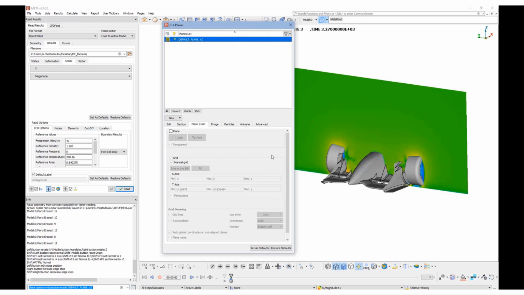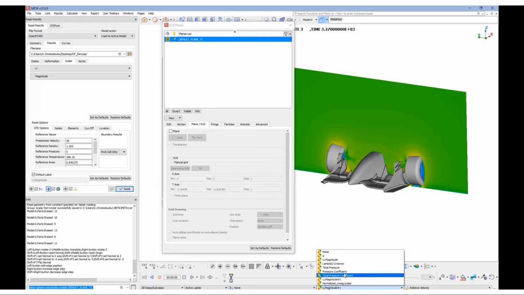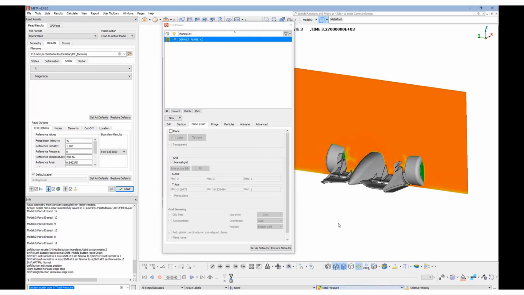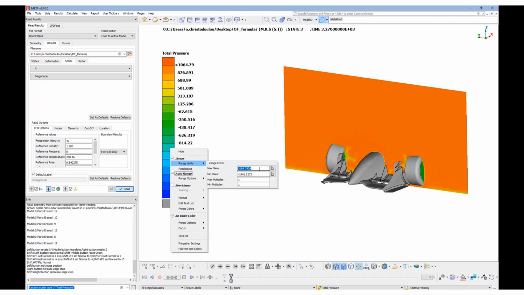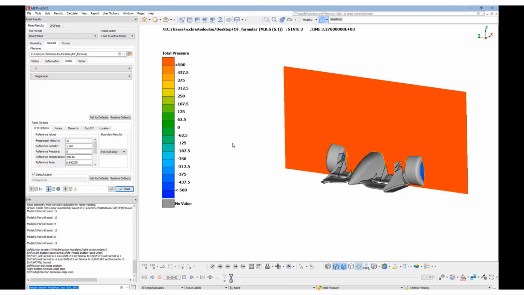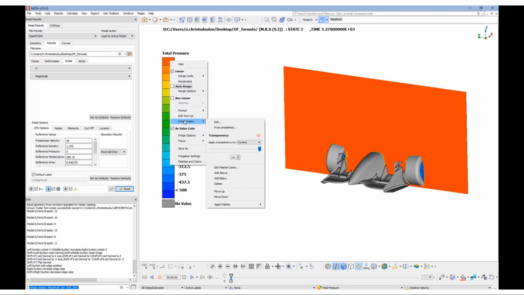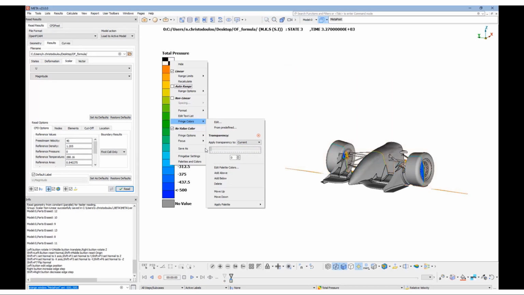Let's also have a look now at total pressure and how it is drawn on the cut plane. And there's another cool feature: if we change first the range and set it to a rather small value, so that the values around the cut plane exceed the max value, it's nice that we can change the transparency of this color at the max value.